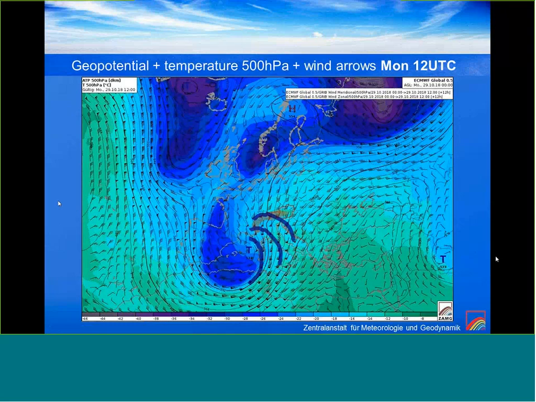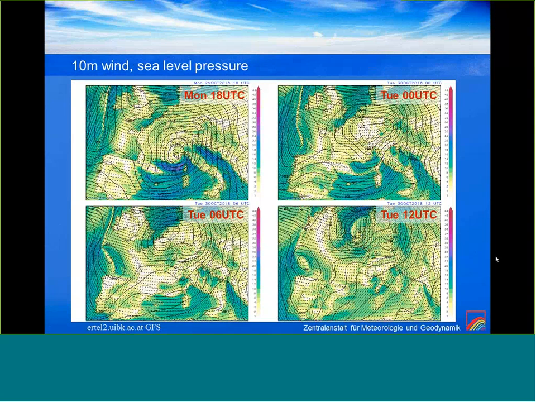Let's also have a look at the pressure gradient. These are time steps from Monday evening till Tuesday noon. So let's say over the night from Monday till Tuesday, this is low sea level pressure, and you can see the small arrows that are 10 meter wind arrows. You can see that the pressure,